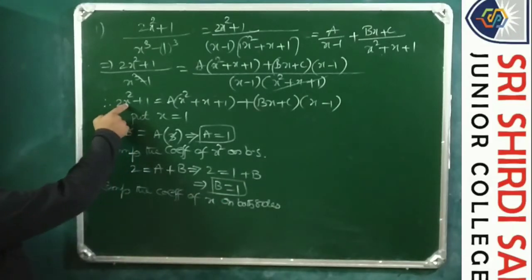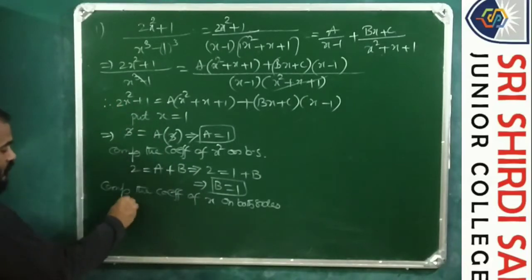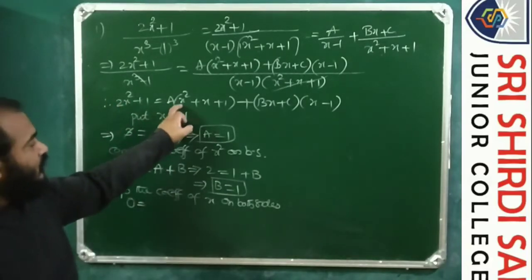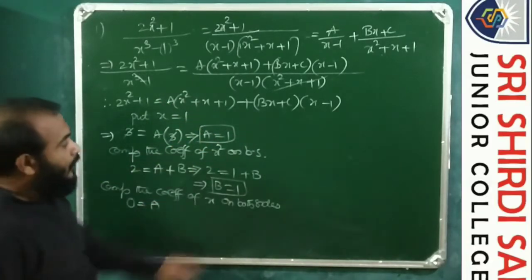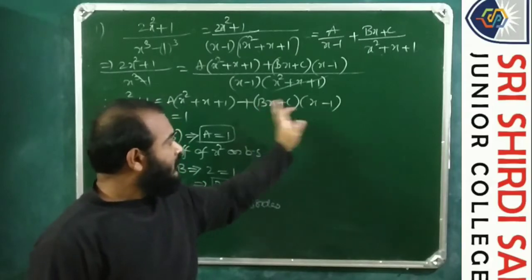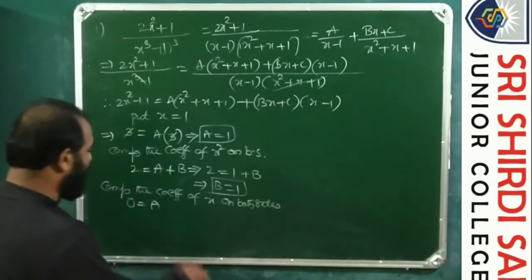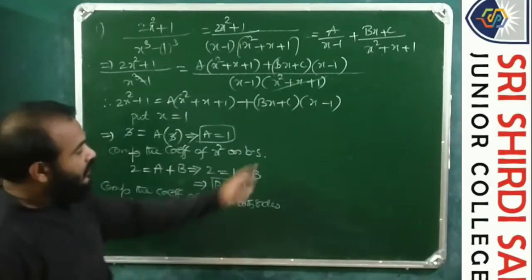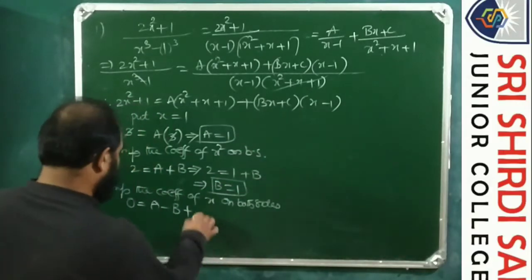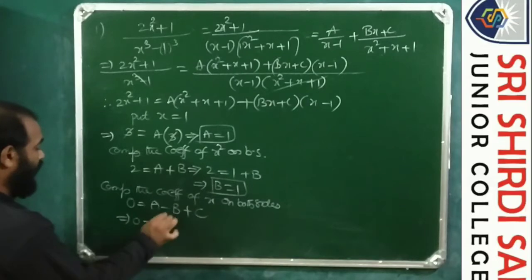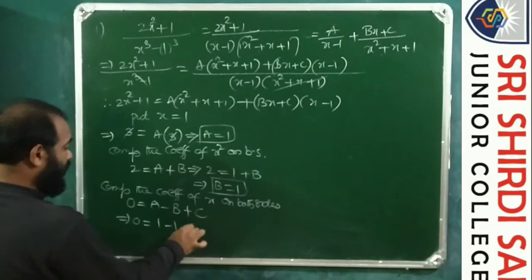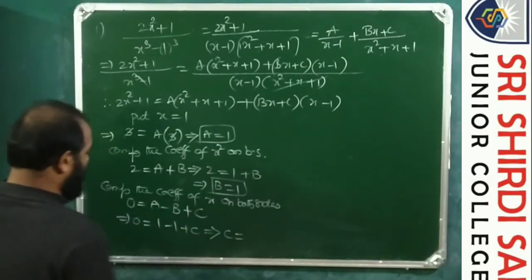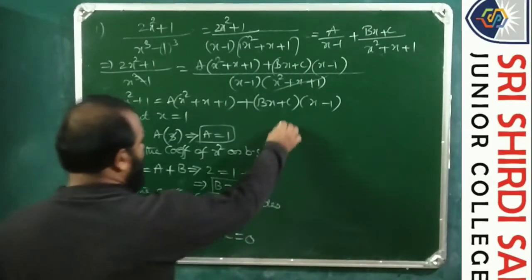So here the x term is not present on the LHS, so 0. Ax square, a into x, the x coefficient is a. Bx into x, bx square, bx into minus 1 is minus bx, the x coefficient is minus b, plus c into x, cx, the x coefficient is c. So this equals 0 equals the value of a is 1, minus b value is 1, plus c. So from this, c is equal to 0. Therefore